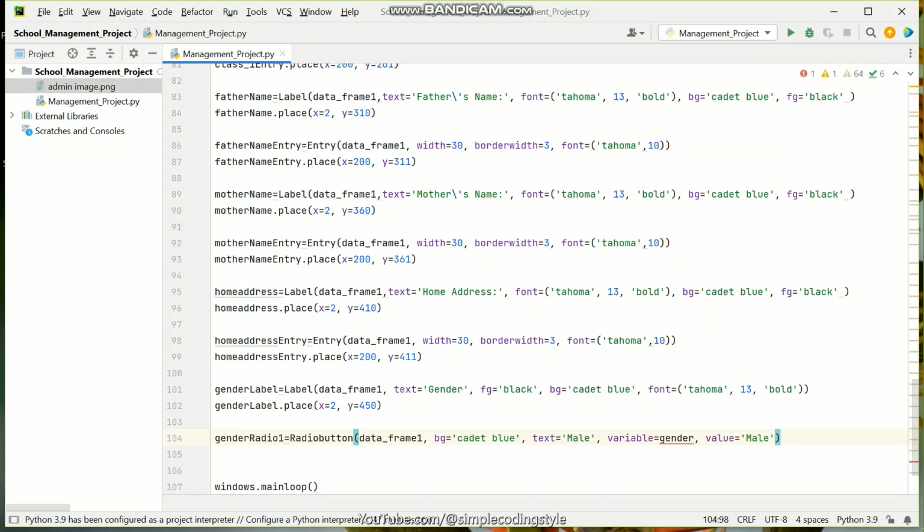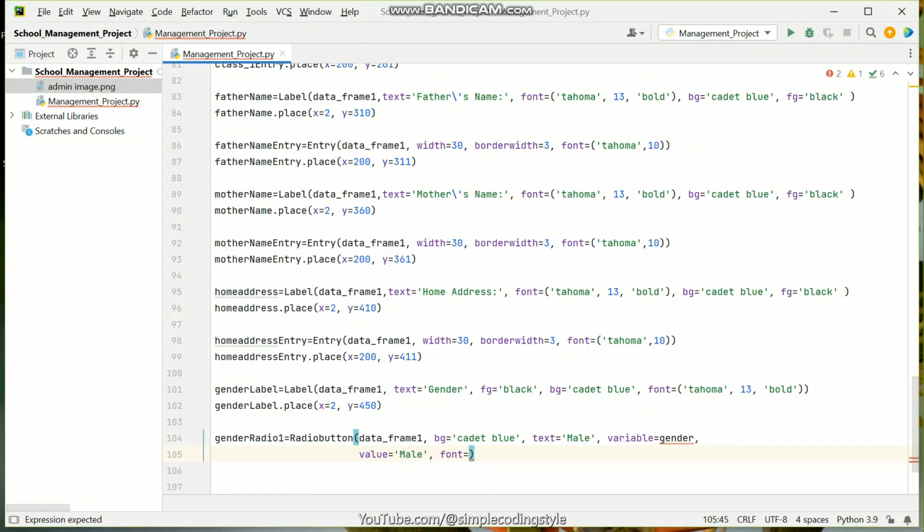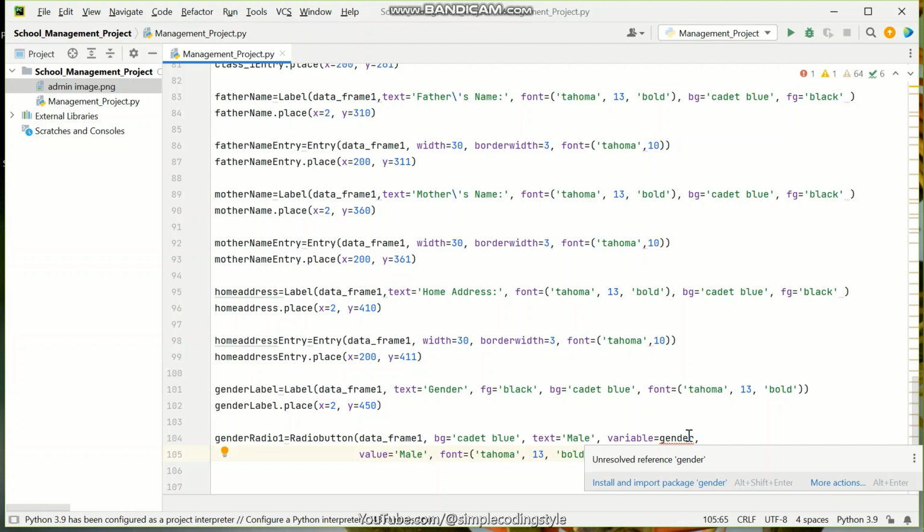And then the font that I would be using for this is still going to be my Tahoma. And then this is going to be 13, and it's going to be bold. Okay, so do not worry about this red error here. When I declare the string variable for this, the error is simply going to go away. Okay, so let me